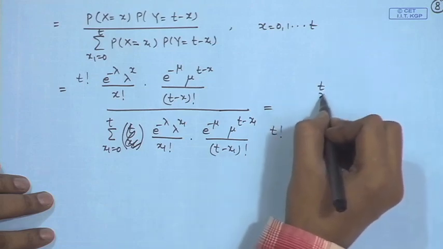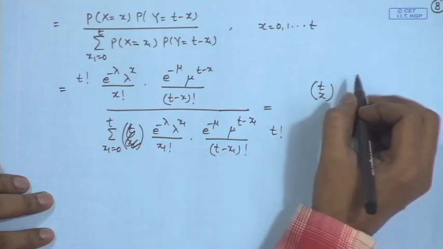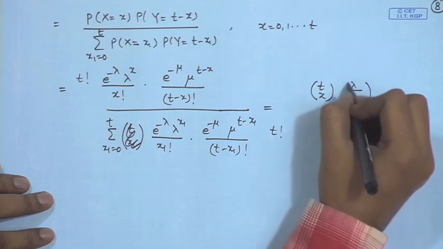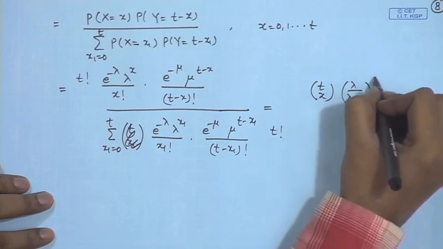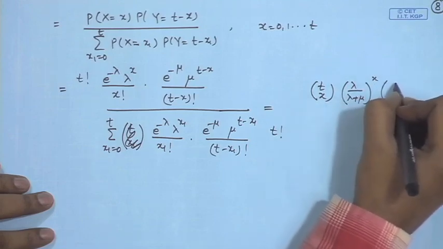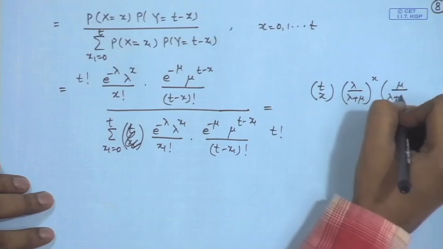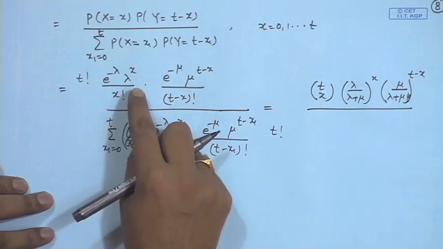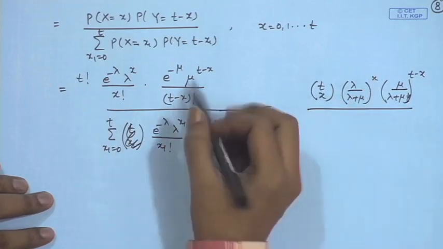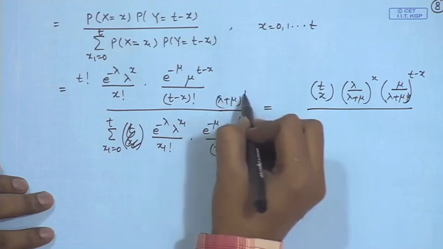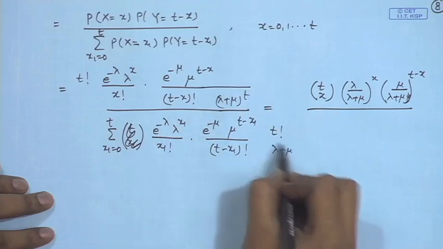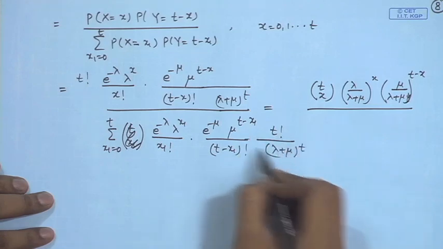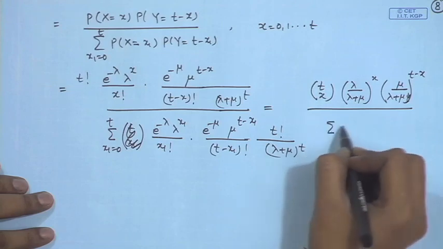So, I get t c x, lambda by lambda plus mu to the power x and mu by lambda plus mu to the power t minus x. What I have done? I have considered division by lambda plus mu to the power t, lambda plus mu to the power t. So, this term can be adjusted here and we get this here,